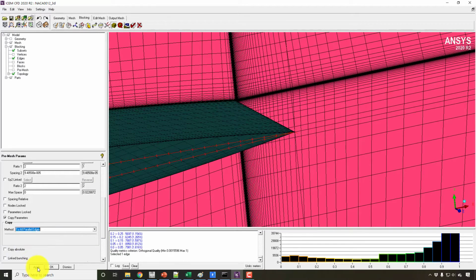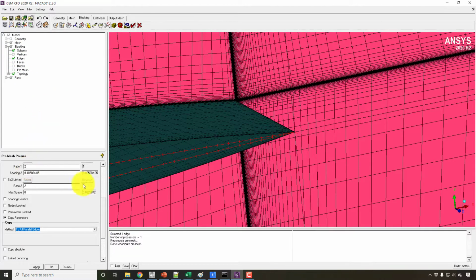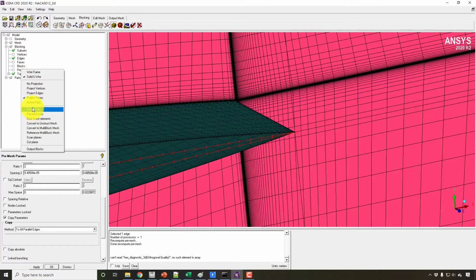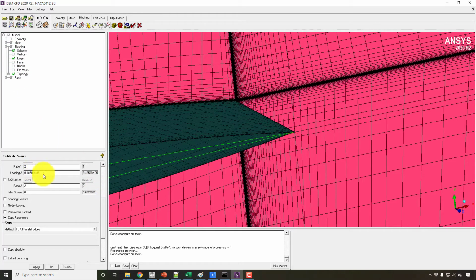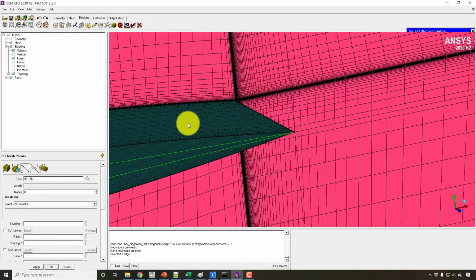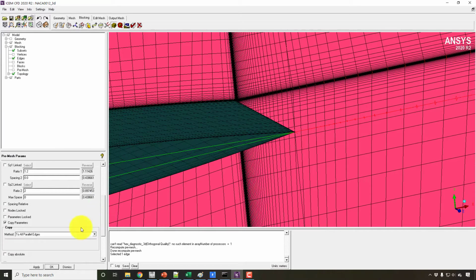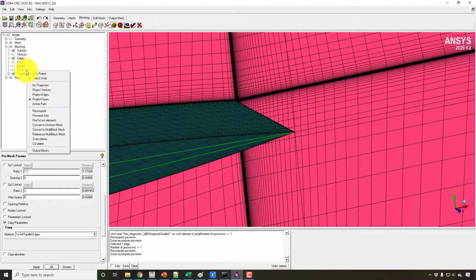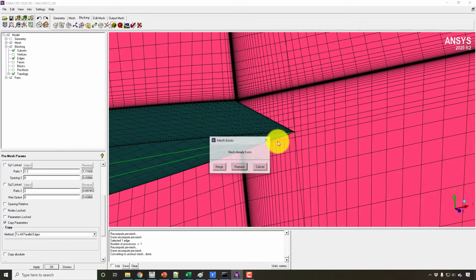So I will make it apply to all parallel edges and recompute, and the same will be done on the next edge, and size is the same at -5, and also on this edge, and recompute and convert to the unstructured mesh again.